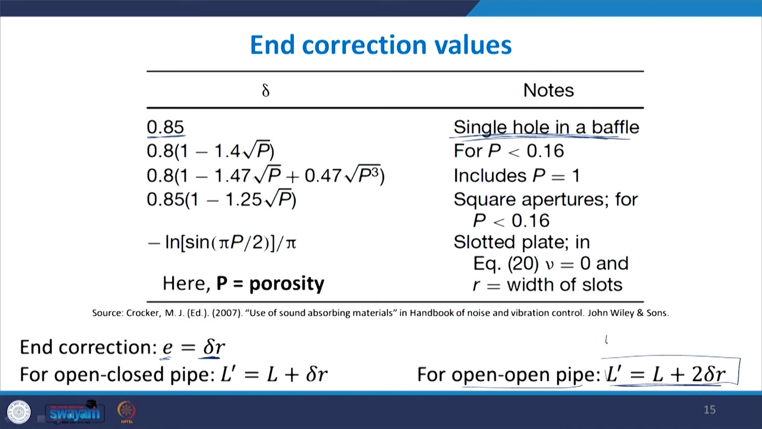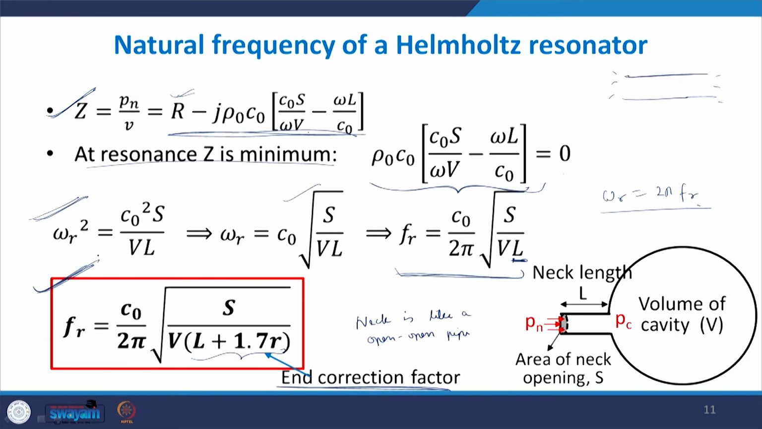So in case of the neck, what will that be? L plus 2 into 0.85, which is 1.7 times R. So we have taken that value. So this is the resonant frequency that was found for the Helmholtz resonator, and then the working principle is, as